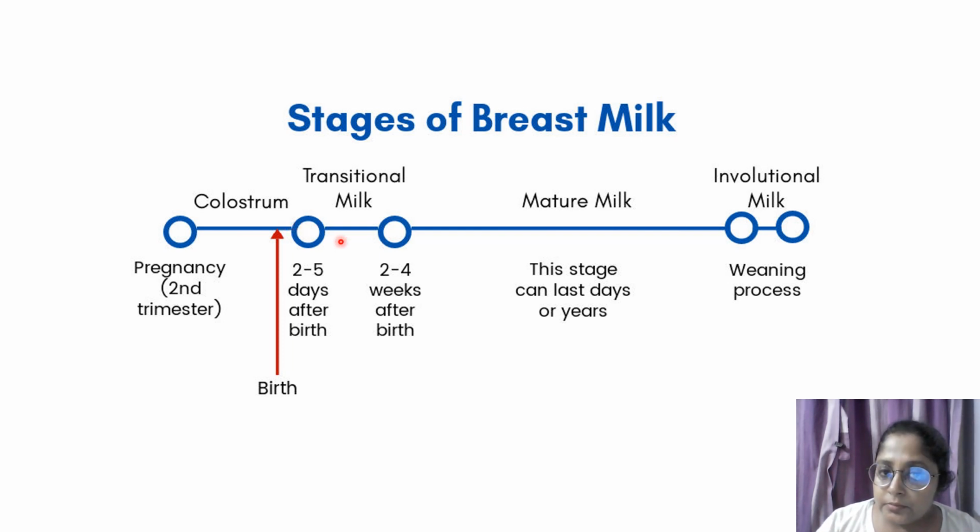The difference of breast milk secretion between colostrum and the mature milk has the place of the transitional milk. Now this transitional milk is the milk in between colostrum, which is dark yellow colored, and mature milk. This mature milk is again divided into two parts, which we'll be discussing. And in between these two phases, we have the transitional milk. From the name, you can understand that it is the transition from one phase of breast milk to another phase. Now, this transitional milk can last for about 2 to 4 weeks after birth, and after that the